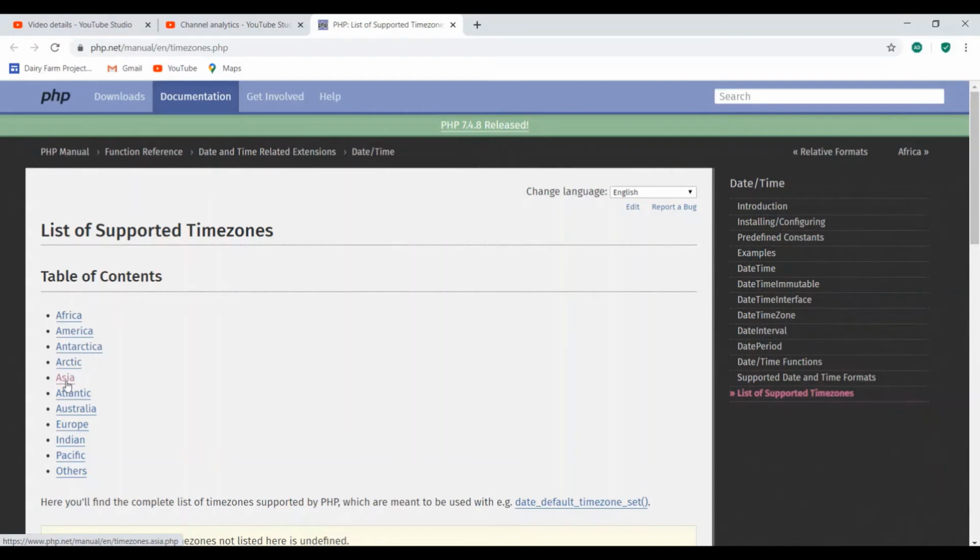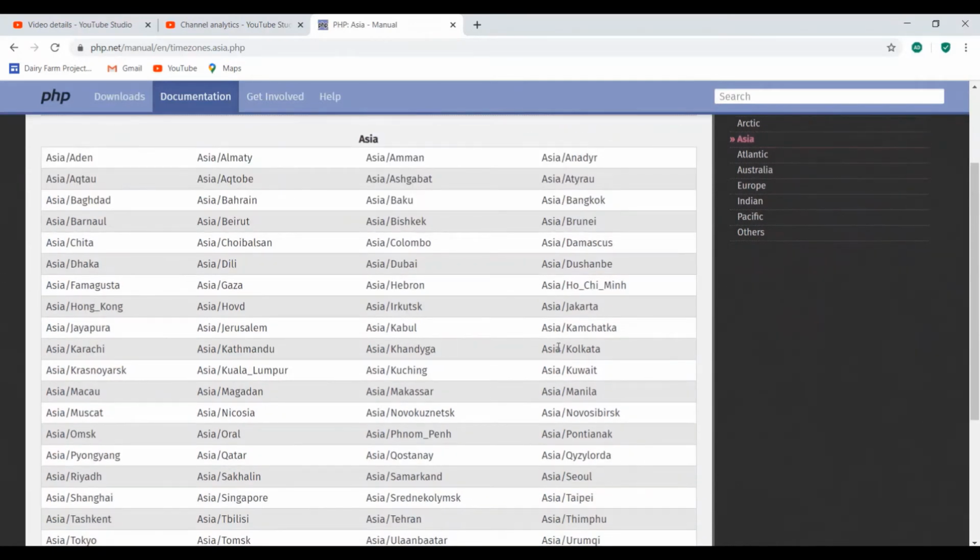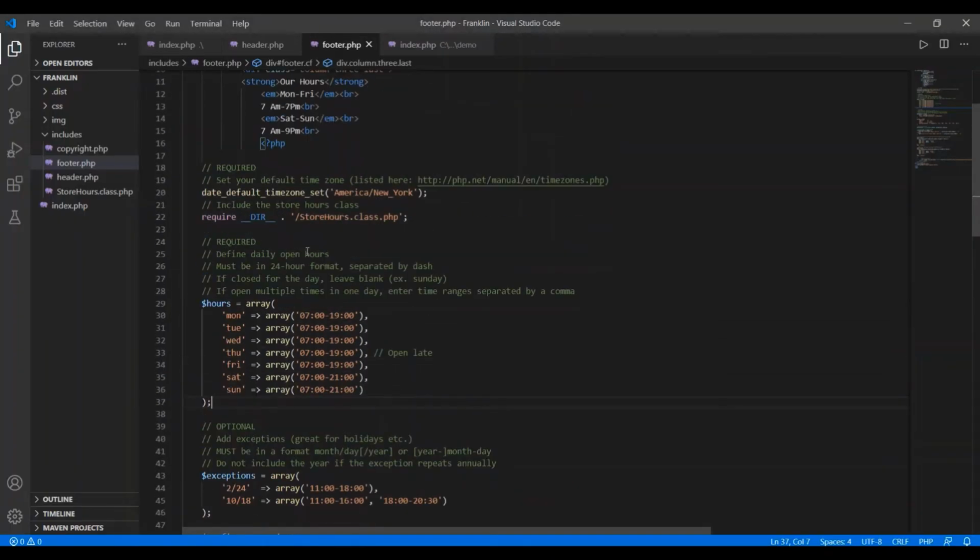I belong to India, so I will select the region as Asia here, and in Asia I'm looking for the Indian time region, so I'm selecting Asia, Kolkata. Copy this from here and open your file, and in date default time zone set, paste it here.